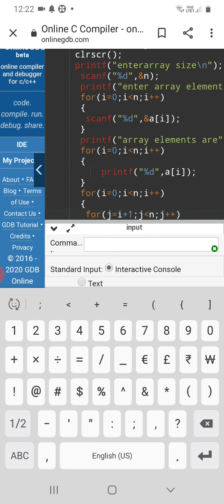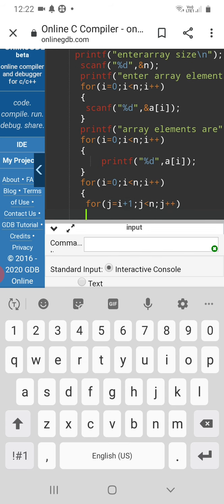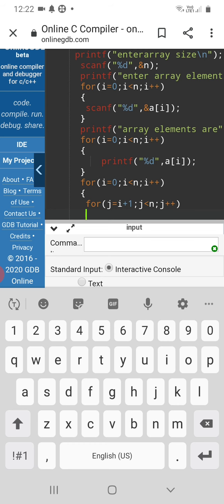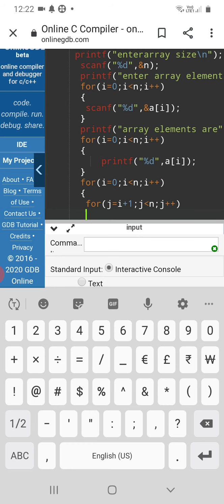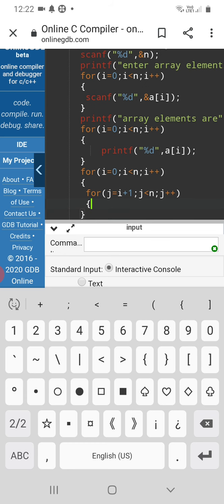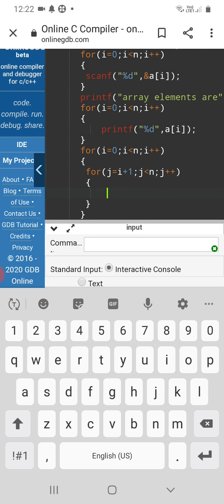Next, opening this second loop, the nested loop, open brace, left brace. Now I am going to write the if statement.